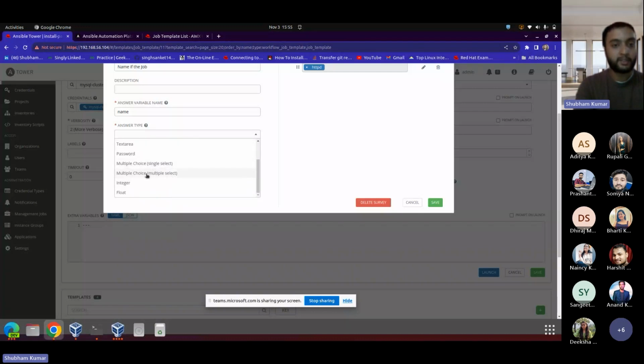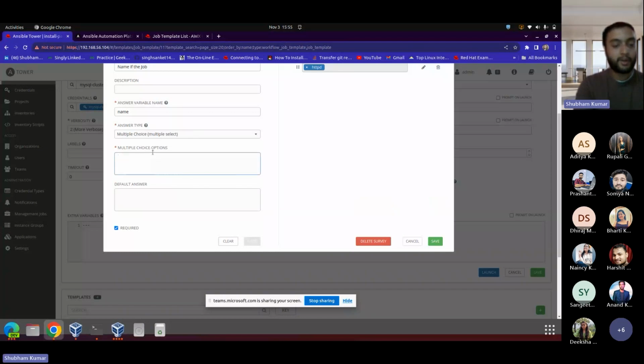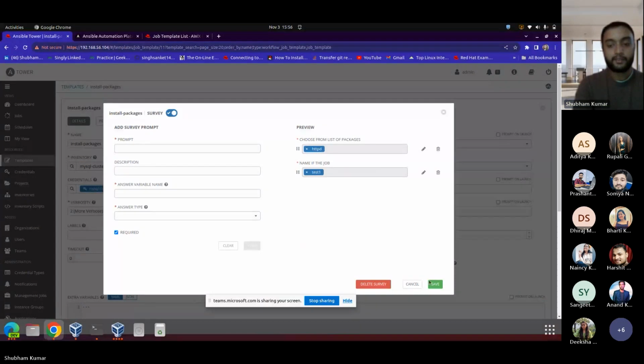Suppose I want to create a multiple choice, multiple select. Now, if you want to create multiple choice, multiple select, you have to give a few options. Select options for your user, like for example test 1, test 2, test 3. And similarly, you can give more, so that the user can select multiple options out of it. Now, default answer you can put any, or you can leave it. It's not required, and you can add it from here like this. Now, if I save it